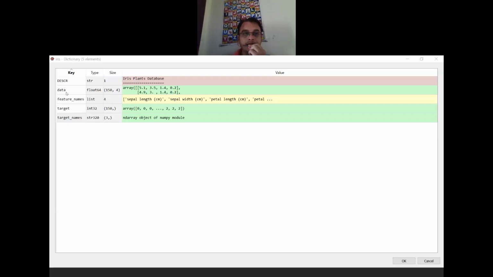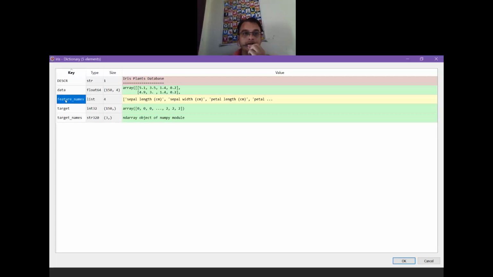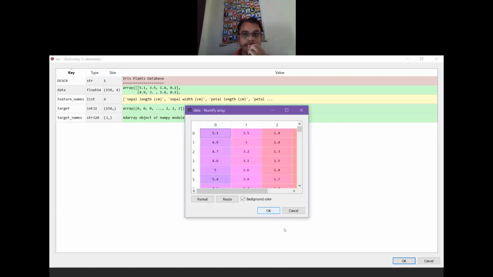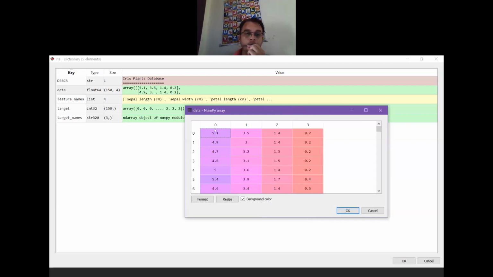So we have data, which is nothing but the set of features, that is x, and y is nothing but the output. If I click on data, you see four different features. In numpy or python arrays, indexing starts with 0, so 0, 1, 2 and 3, a total of 4 features. First set of features, second set, third set, fourth set, and so on.